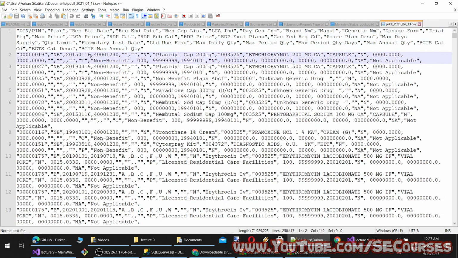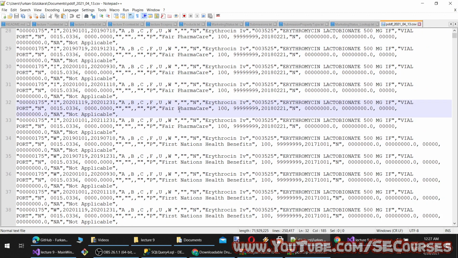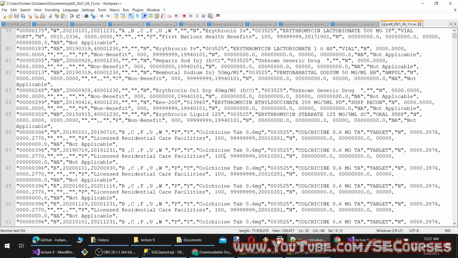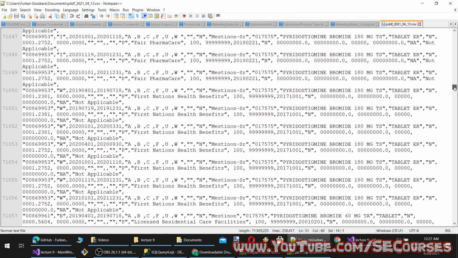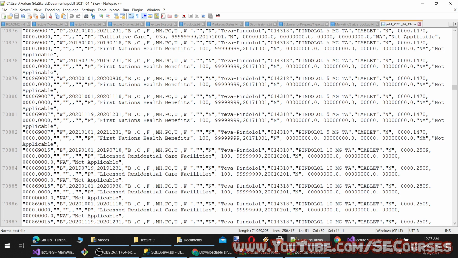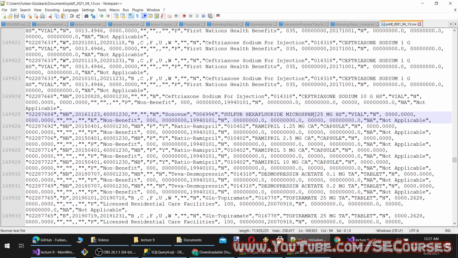Okay, so there are some values, milligram capsule. Okay, fair pharmacare. Okay, so maybe this is the name. Yes. So you see they are ending with their milligrams, I think, but not all of them. Okay, so the milligrams are written in here.